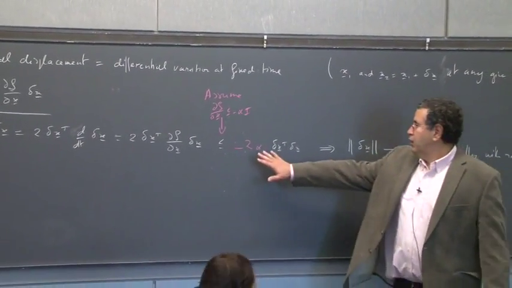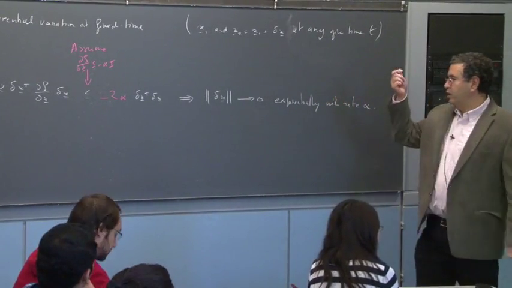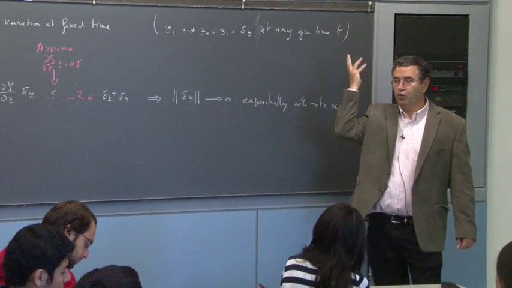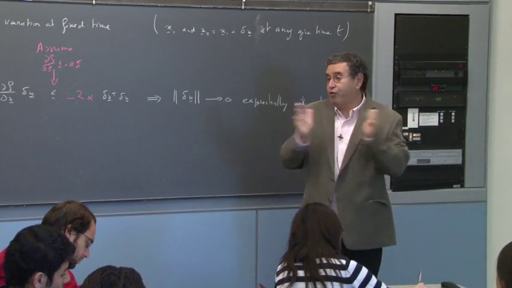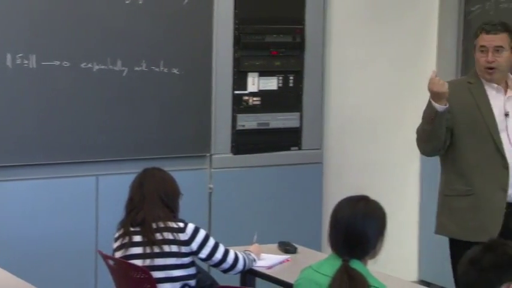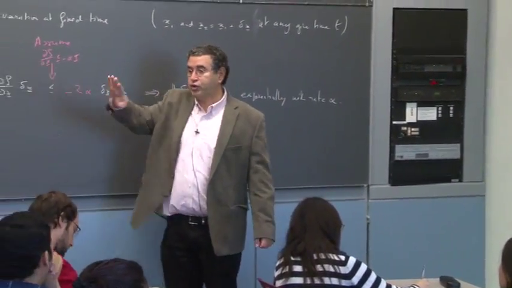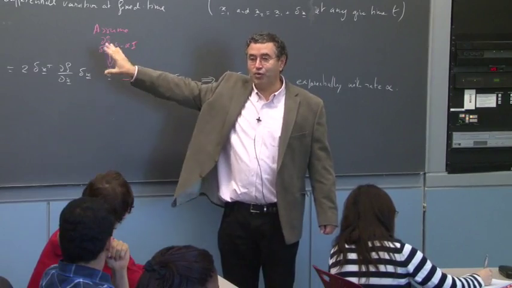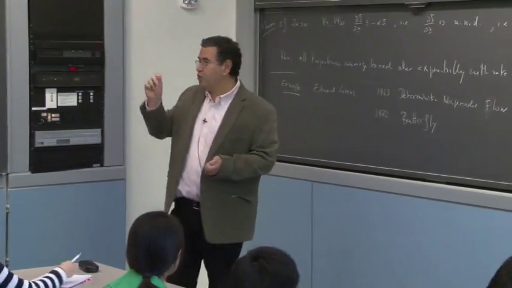So we see that if we make this assumption, then any small variation between two trajectories will disappear. In a sense, we're doing the linearization of the system, but the linearization everywhere. Not around a point, but everywhere. We're computing a Jacobian everywhere. And we're saying if this Jacobian is uniformly negative definite, we're not saying, we know that's wrong actually, we're not saying if the Jacobian has its eigenvalues in the left half plane or whatever. We're saying if the Jacobian is uniformly negative definite, then any small variation will disappear.